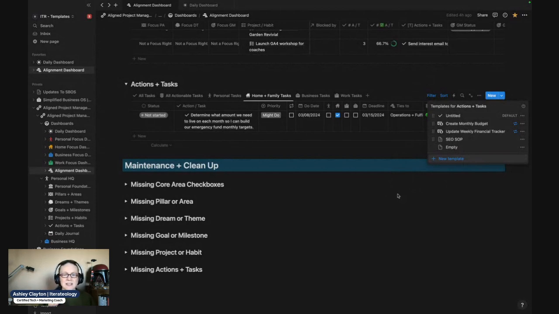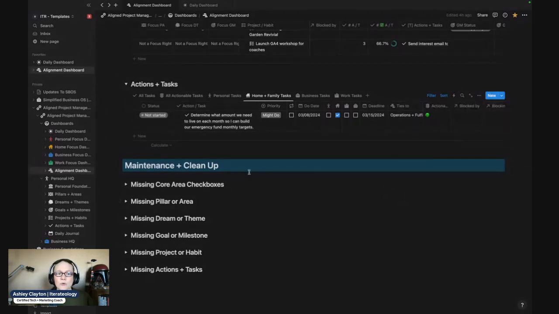This should be your last step, or next to last step, in the setup process, because the very last step will be going through the maintenance, just to make sure everything's aligned, cleaned up, and where it needs to be. Then I will give you what your day-to-day is going to be like in the next video, so I will wrap everything up there. We'll cover the maintenance. I also have a separate video on it, but that way you can see it in the flow of what we've been creating here together. See you in the next video.